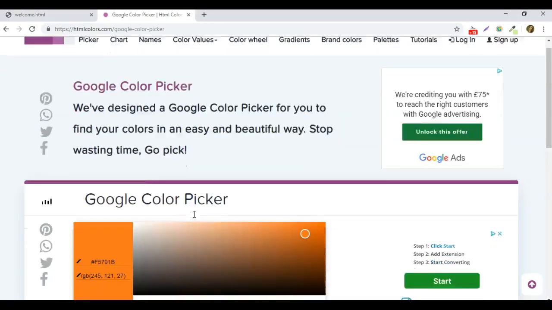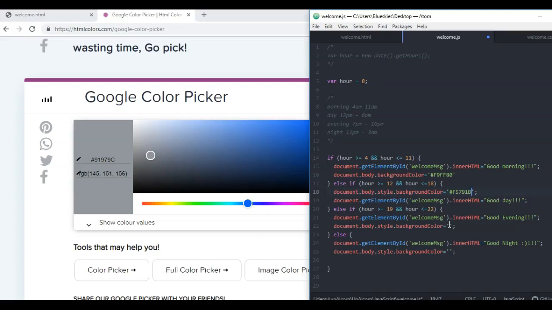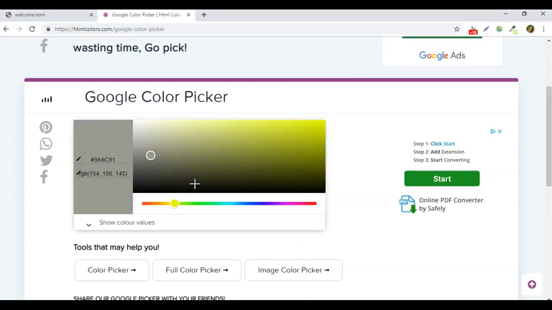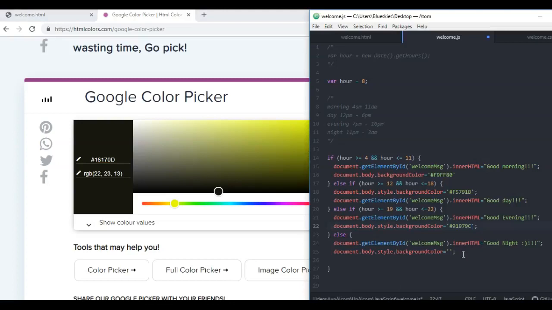And then for the evening, let's go for something a bit grayer, a bit bluer maybe. Maybe something like, that looks good. And then for night, let's just go for a very dark yellow, just to make things interesting. Okay, fantastic. So if I refresh the page now,